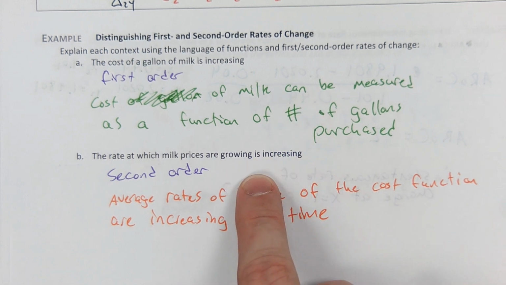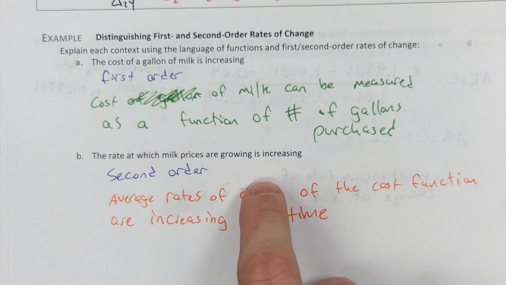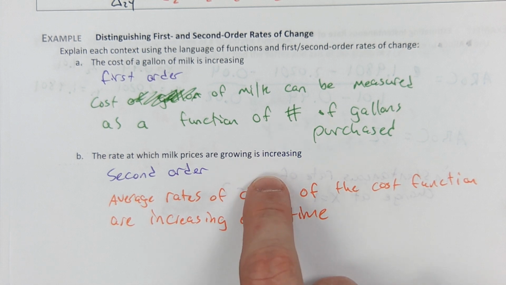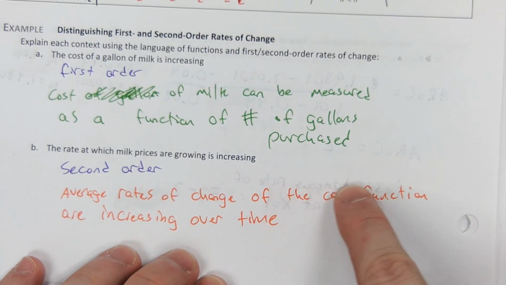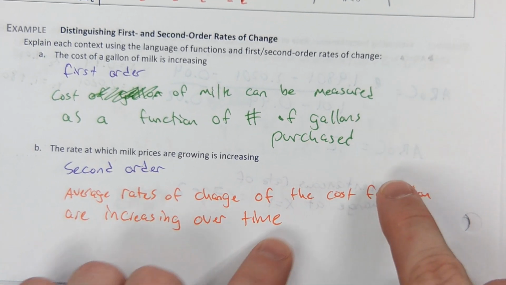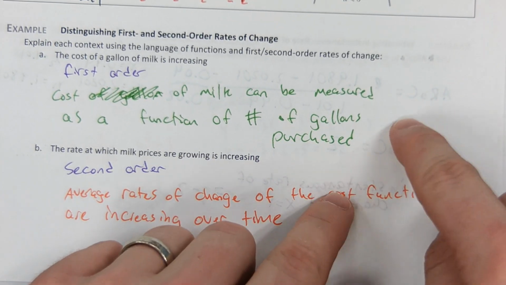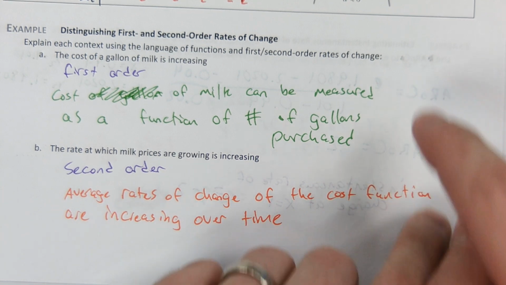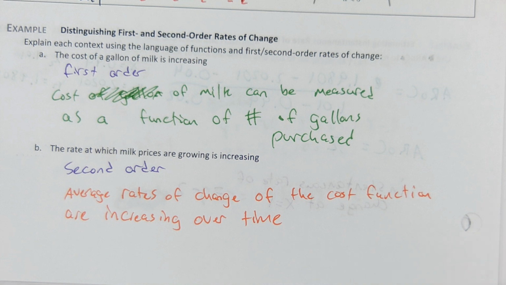This one's Y value would be the cost of a single gallon, where its X values are time. And this will not be linear. It'll be curvy. In fact, it'll curve up like exponential. So what that means is every time I find an average rate of change of a secant, it's getting more and more steep. So it's not so much a function within a function, it's more like,